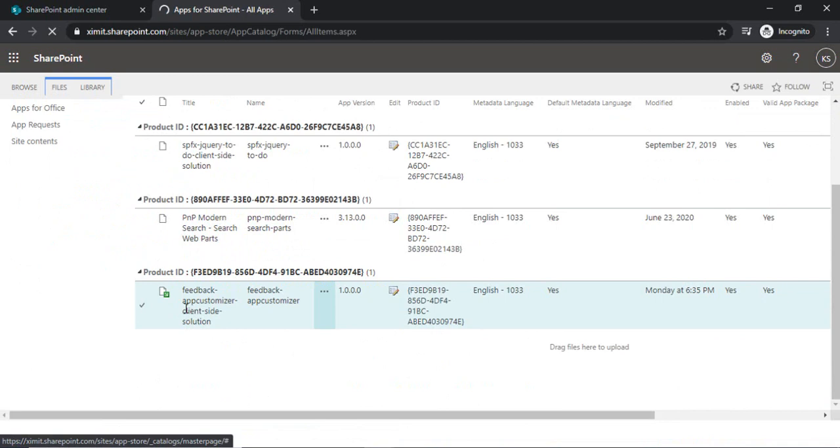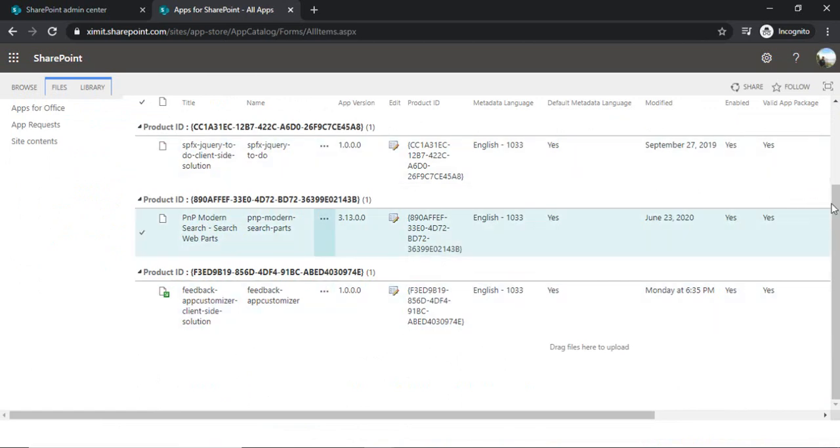This is a custom app customizer which I have already created. It's a feedback app customizer client-side solution. What it does is, on any team site, it will give you one icon at the center of the page where a person can click and submit feedback. I want that feedback button to be available across all my sites which are created with that custom site design. So this is the objective today.